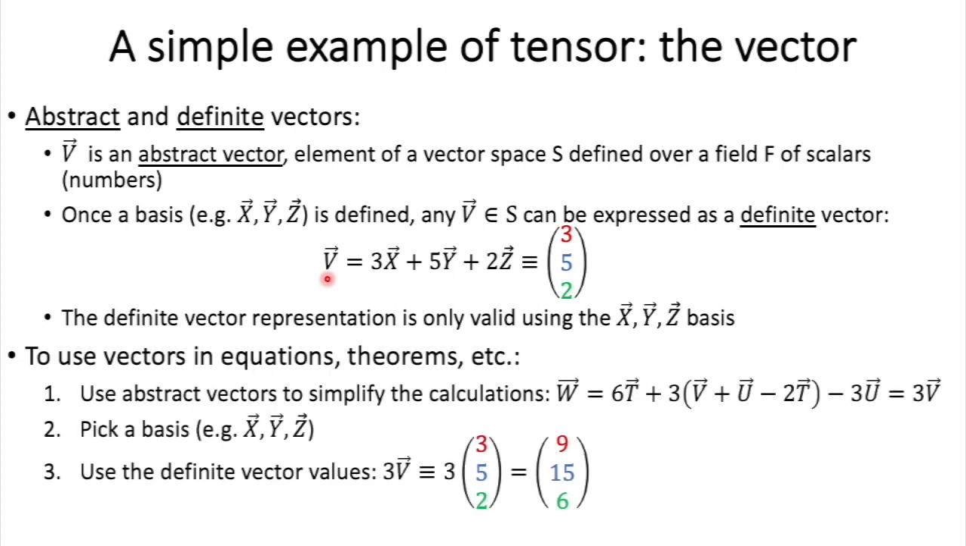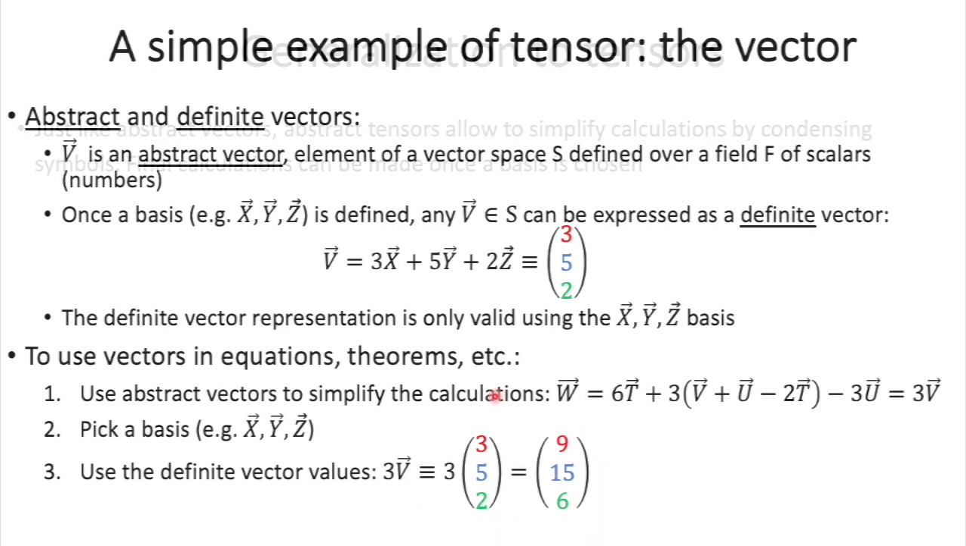Now, once you know that, how do you use vectors in equations, theorems, etc.? Well, first, you use abstract vectors, and you do all the calculations you have to do using those abstract vectors. You don't worry about the basis. You don't worry about their coordinates or components, whatever you call them. And then, once you are done and you have simplified your equations here, then you pick a basis, and then you use the definite vector values,